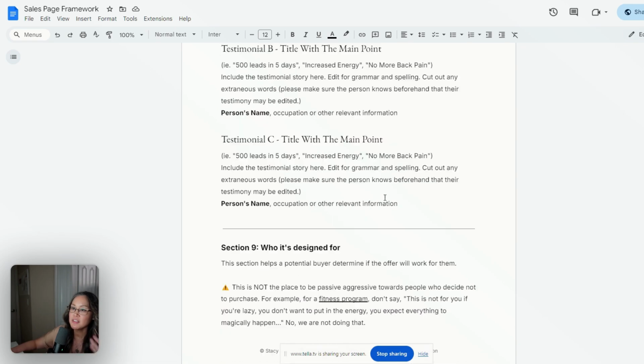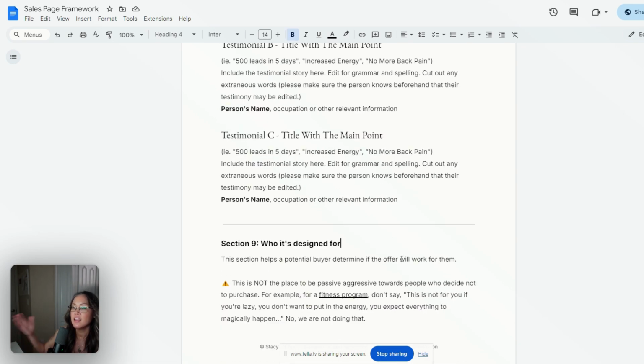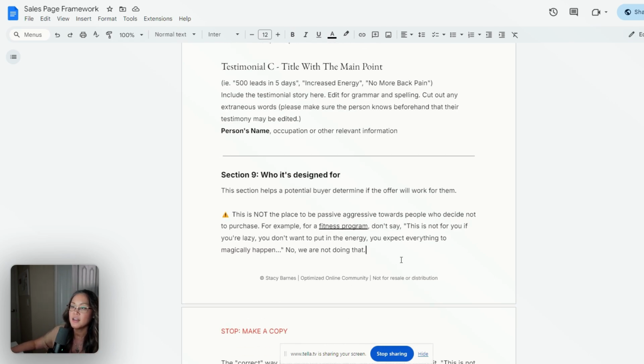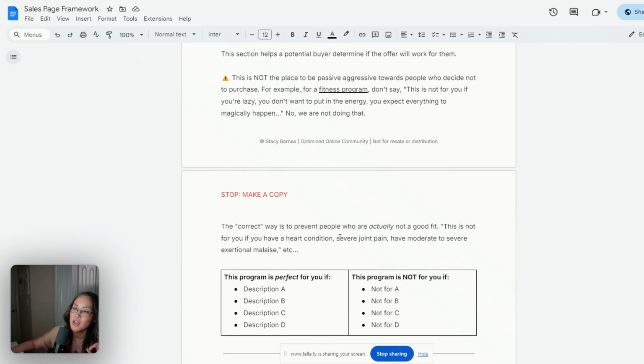Okay, so we have our testimonials, and then this following section is who it's designed for. This section will help potential buyers determine if an offer will work for them. I do have a little snarky comment here about how people will say this program is not for you if you're lazy, unmotivated, and can't get anything done. Like, we don't want to insult